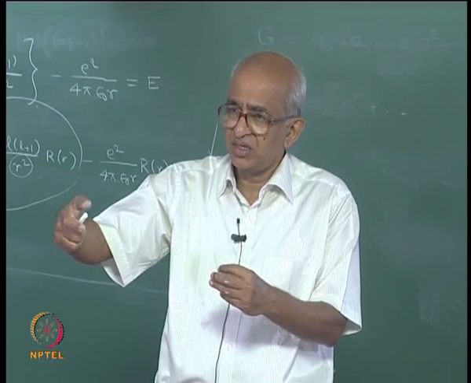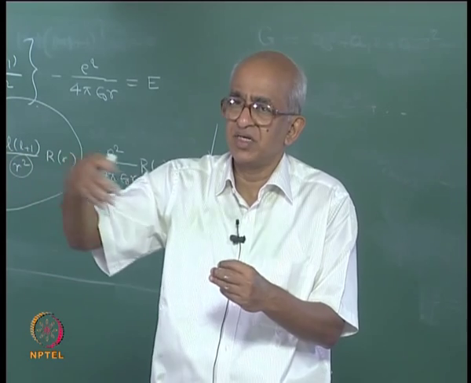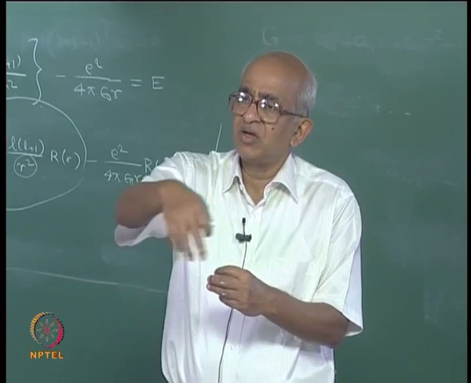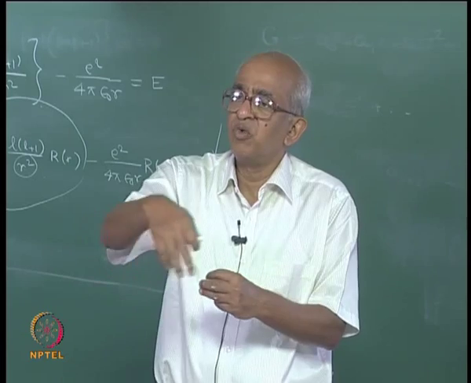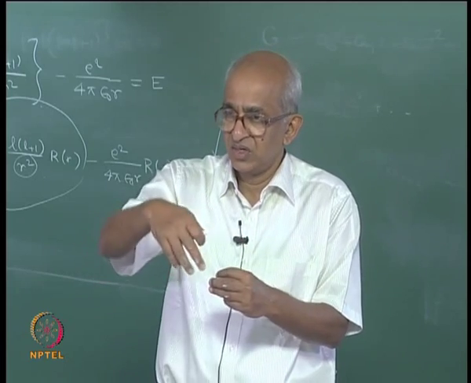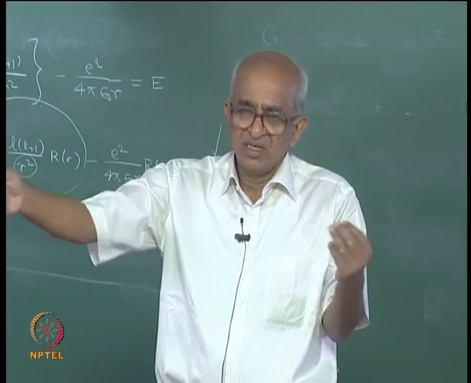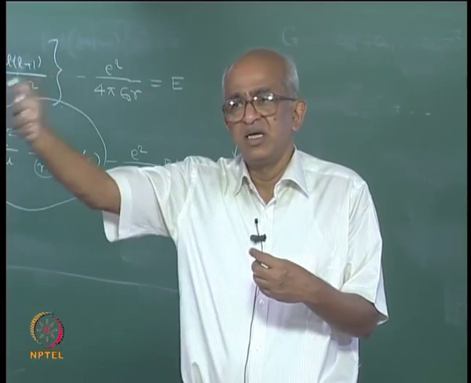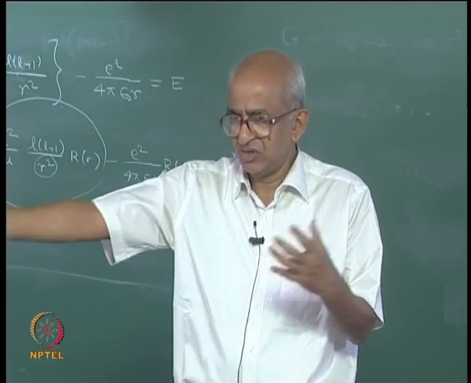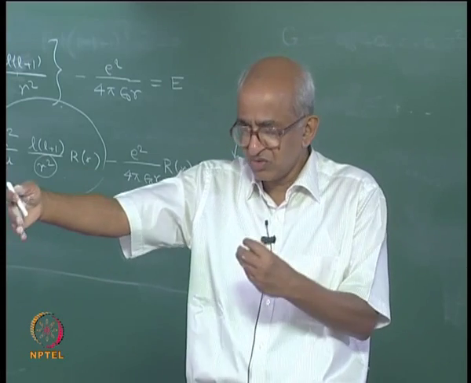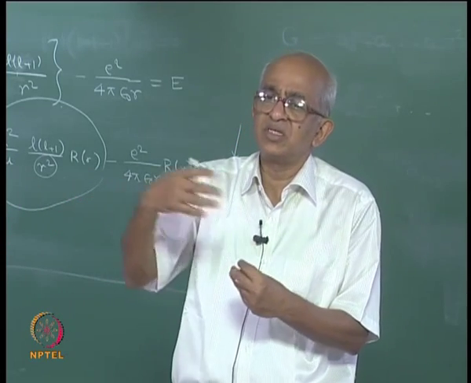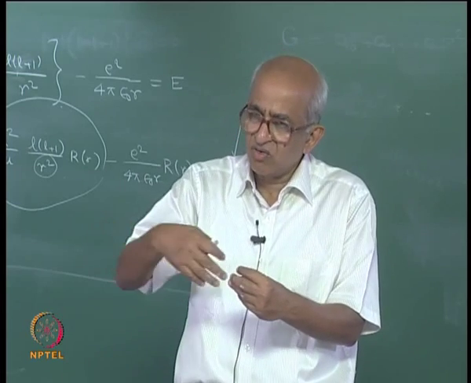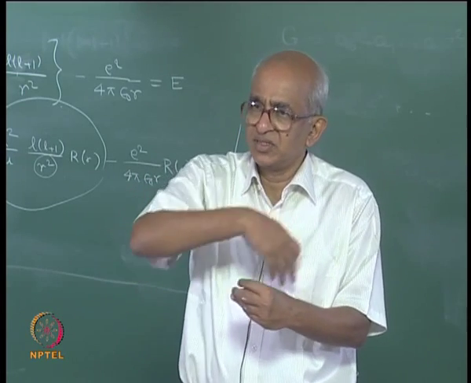So, how can it do that? I mean, from a large distance, if it comes closer, if the angular momentum is still to have the same value, then the electron should move much faster, right. So, the angular momentum, I hope you remember the definition, is a product of the mass into the distance into the velocity, right. So, if the distance decreases, the velocity has to increase, right. So, if the electron is close to the nucleus, it will be moving very fast.